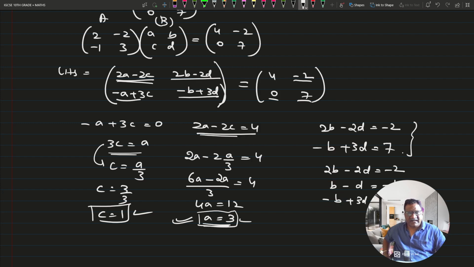Now these two equations, if I add them up, b minus b is 0. This is minus d plus 3d will be 2d. This will be minus 1 plus 7 will be 6. So d I am getting 6 upon 2, which is equal to 3. Okay, so once I get this d, I can find out b also. So b I can get it from here. So b will be equal to